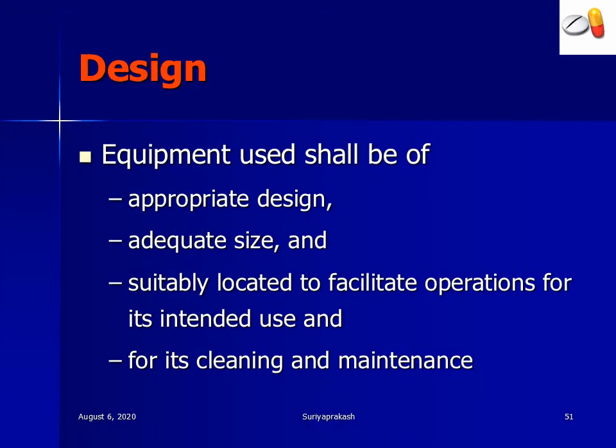And equipment shall be of appropriate design. Another design consideration is all the equipment. Say for example, if you want to manufacture 1 lakh tablets per day, you have a 10 or 20 station tableting machine. Don't have the biggest machine and run it at half speed. That means electrical consumption will be very high, right? And also you are going to pay a full day's salary for a person, but your productivity will be very less.